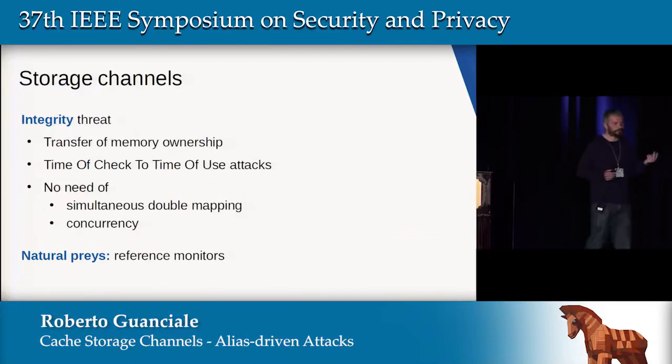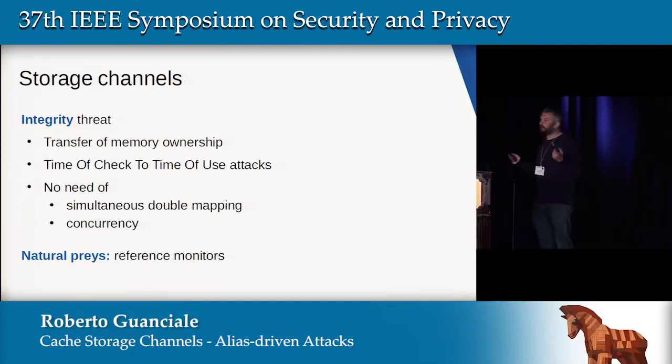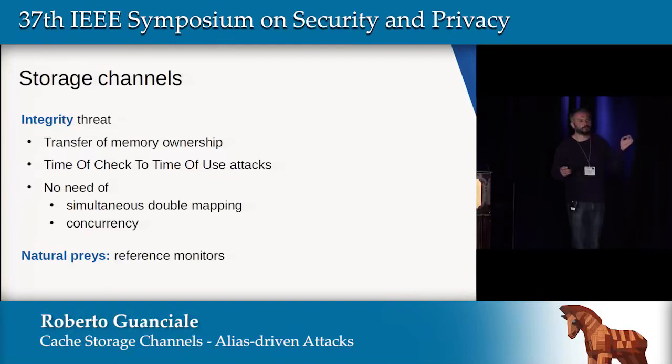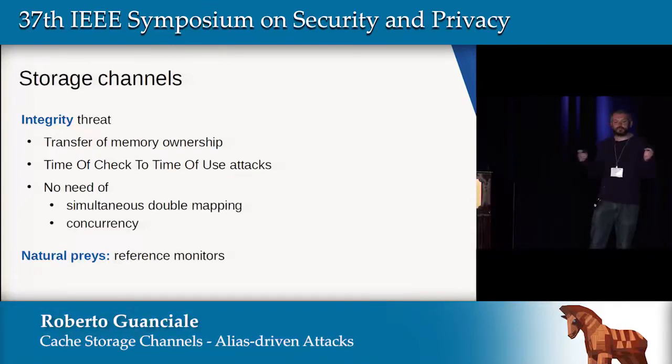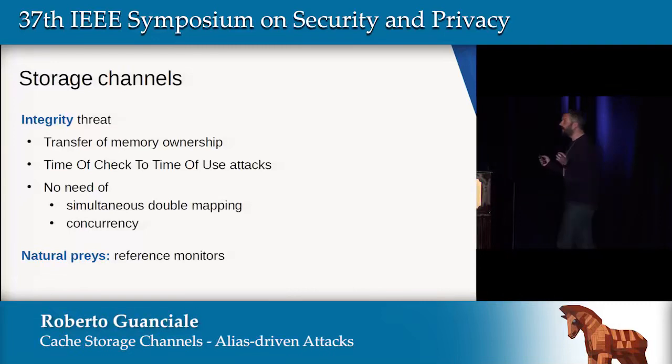And it's based on two facts: this mismatched cacheability attribute and this transfer of memory on chip. Notice also that between the check of the security policy and the execution of the critical functionality, there was no simultaneous double mapping available for the attacker. So an instruction set architectural model will not predict this behavior of the attacker.